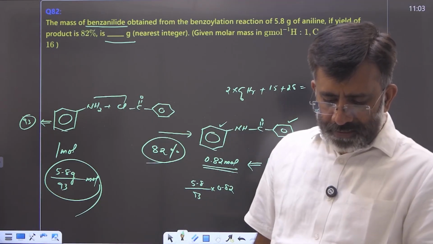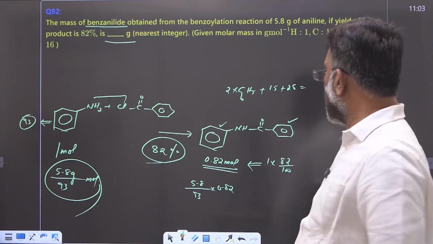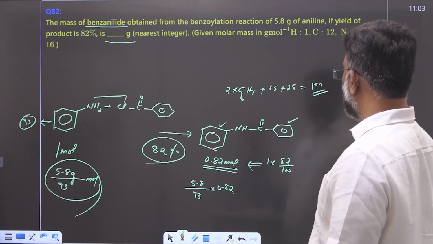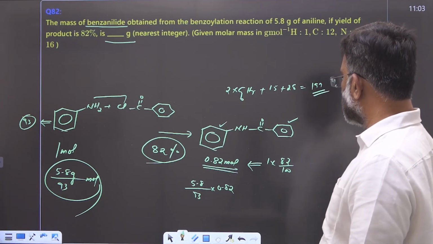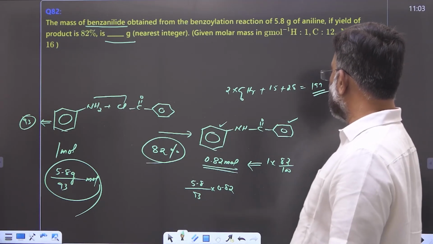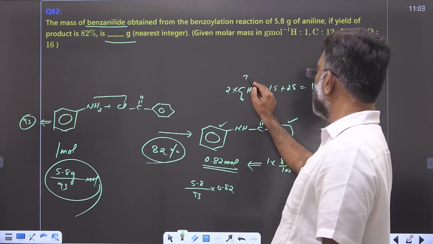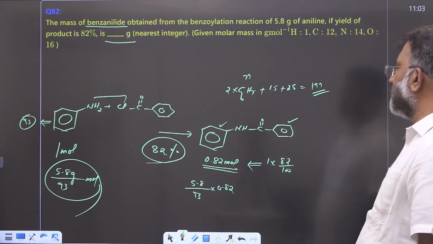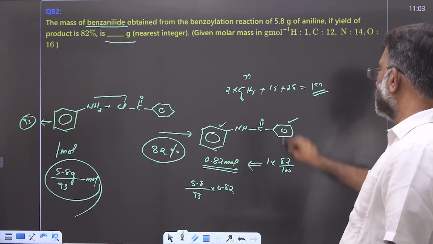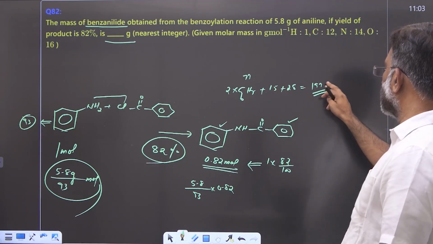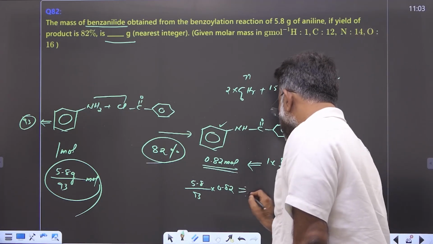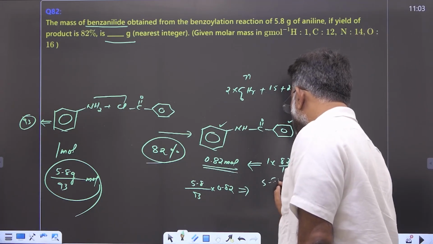Molar mass of benzanilide, you will get 197. Please verify. 197 is the molar mass of benzanilide. C6H5 means 77, into 2 is 154, plus 15 plus 28. You will get 197. So your answer, this is converted to mass, 5.8